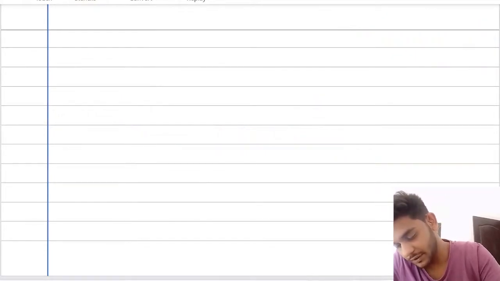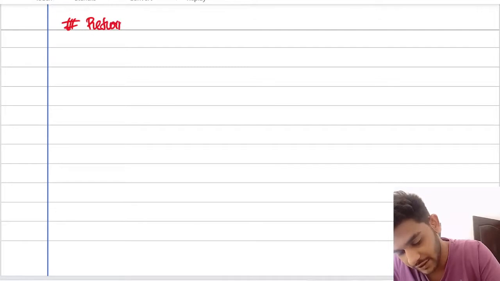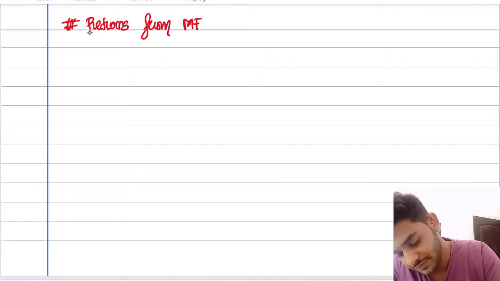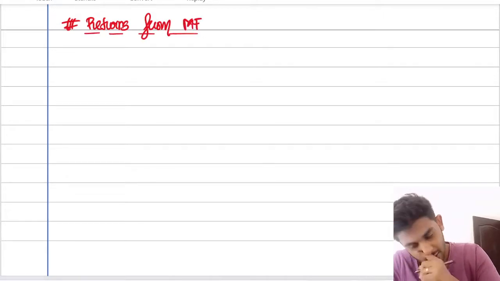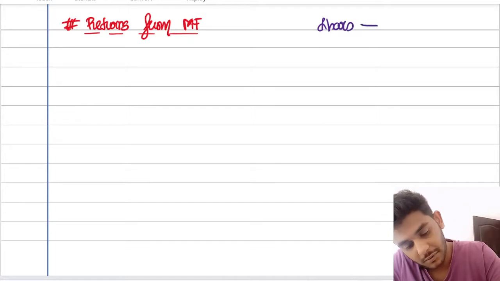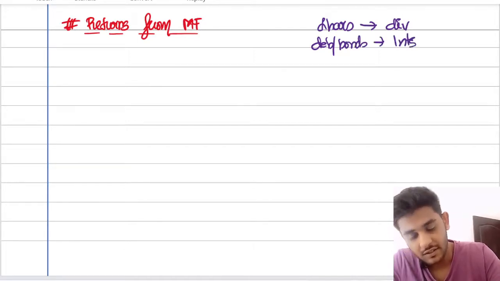returns from a mutual fund. Means what an investor expects or what an investor will get when he invests in a mutual fund. Basically, when we invest in shares, what will you get? If we invest in shares, we will get dividend, right? If we invest in debentures or bonds, we will get interest. Likewise, the